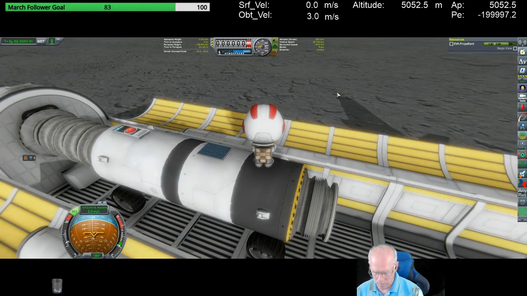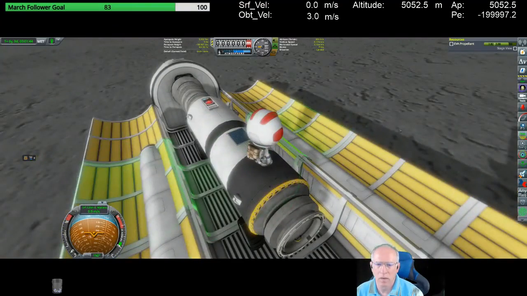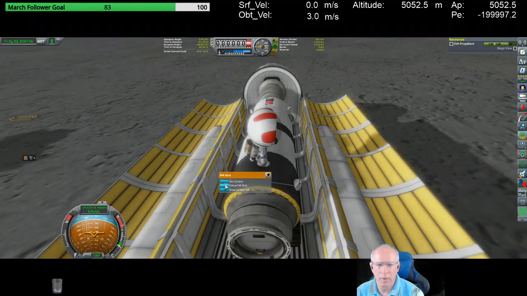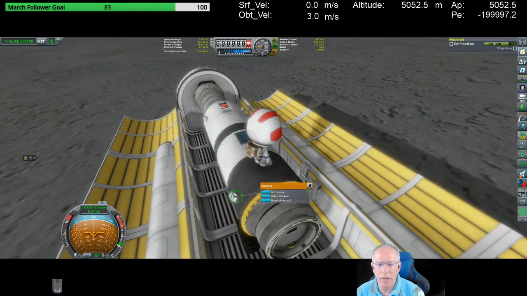There we go. Pick up EVA strut. Drop it there. They're just like the regular struts, only you can set them while you're in EVA mode. You have to put them on first. Now, yes, you could use